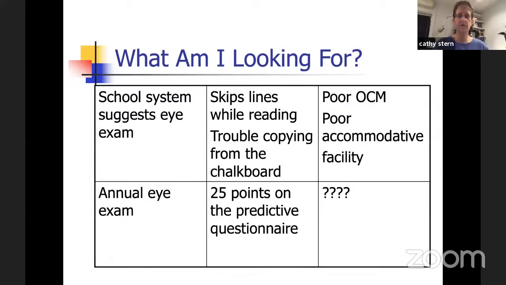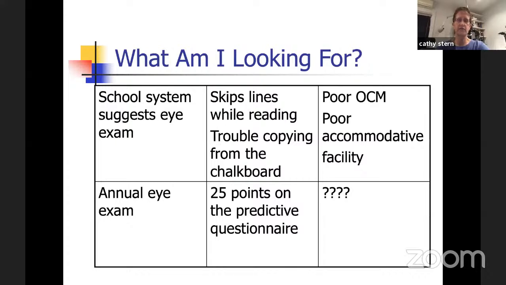What if they're just coming in for an annual eye exam, but you've asked them to fill out one of these predictive questionnaires, and now they have a lot of points? Well, there are many different things that you may find, but by having questions on your history form, by doing these predictive questionnaires, I think a couple of things happen. One, patients are going to get more of what they need. Two, it sets you apart as someone who understands these things, cares about these things, and can help someone with these things. Three, it educates the family, because when they read,